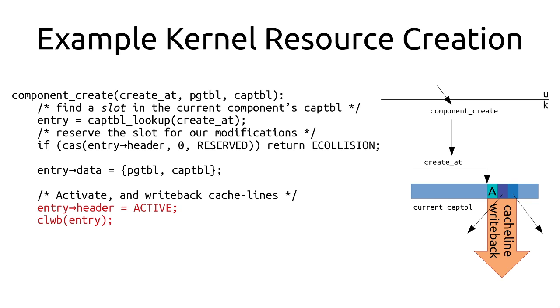The CLWB is there to ensure that the backing data is accessible, but you can imagine there are other operations within the system whereby we need to look up things in the capability table and use them, but not necessarily modify them. In those cases, we do not want to do CLWB or cache flushes as we walk through the kernel's data structure, because that will make the fast path of all of the kernel's operations exceedingly slow. So we want to access in cache all of these data structures where possible.